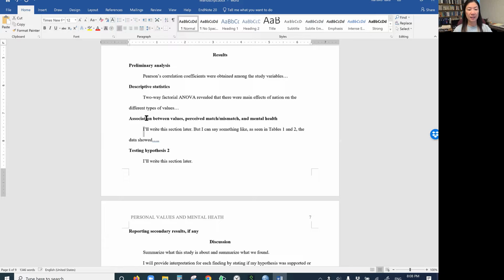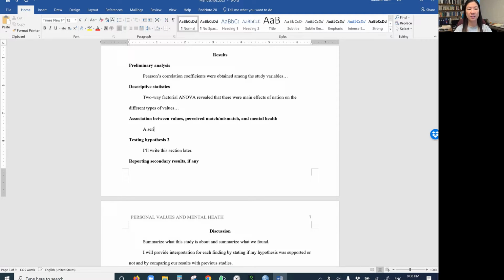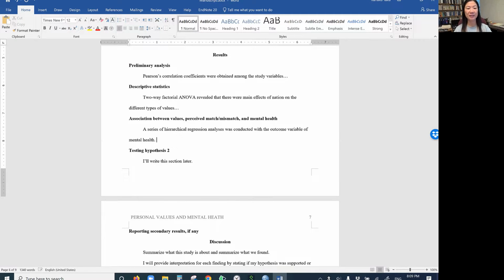With that, I wanted to leave this one too: a series of hierarchical regression analyses was conducted with the outcome variable of mental health.